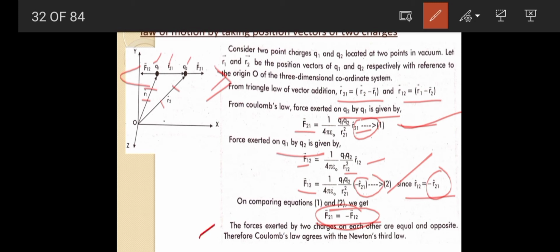So now we can easily say that the forces exerted by two charges on each other are equal and opposite. Therefore,